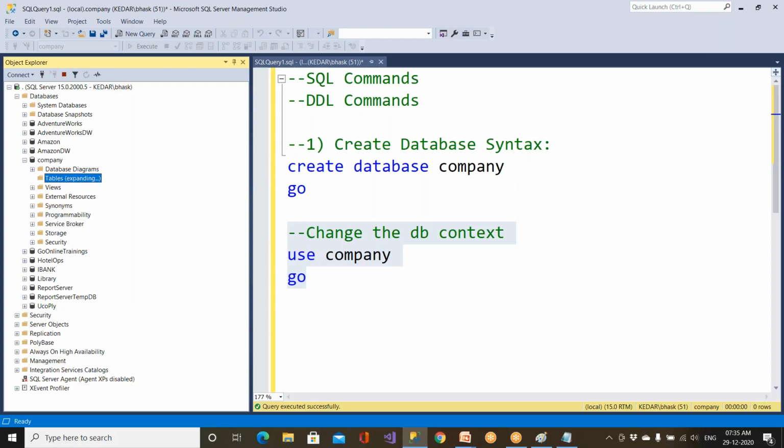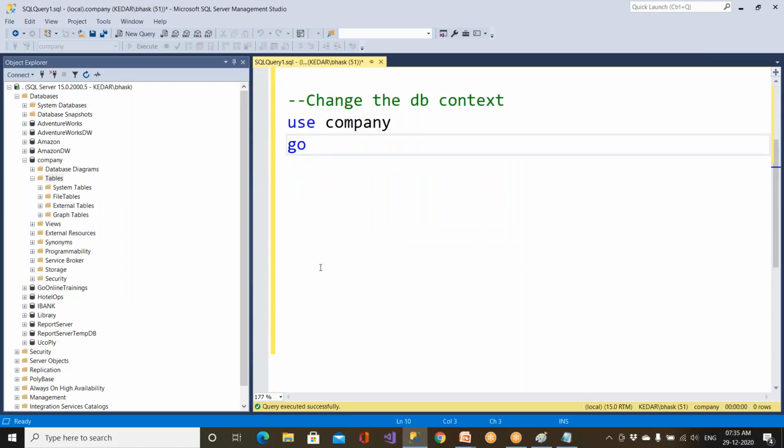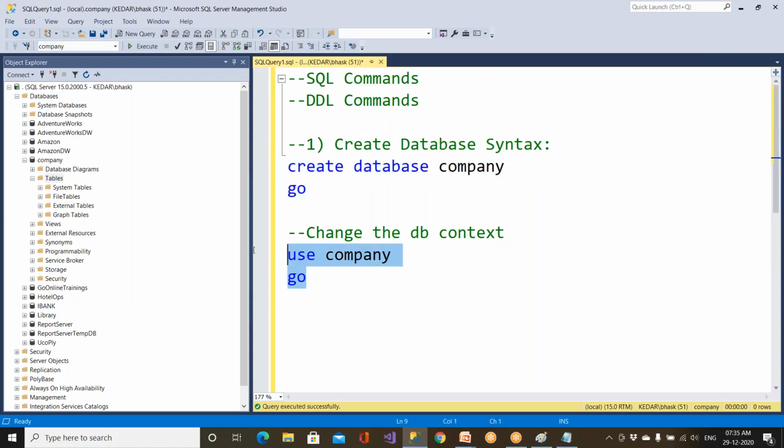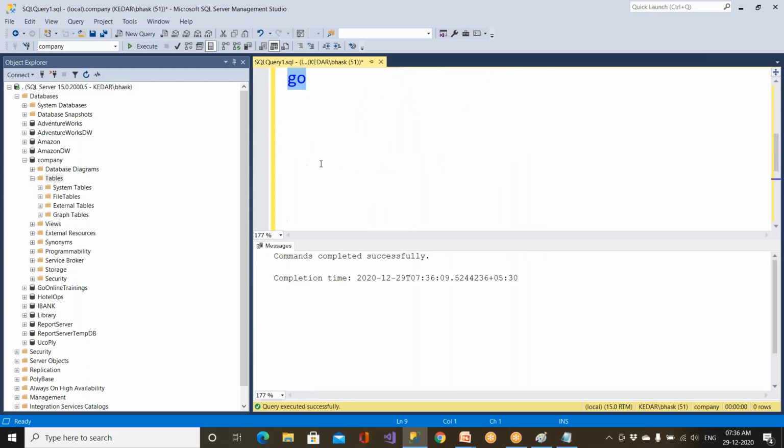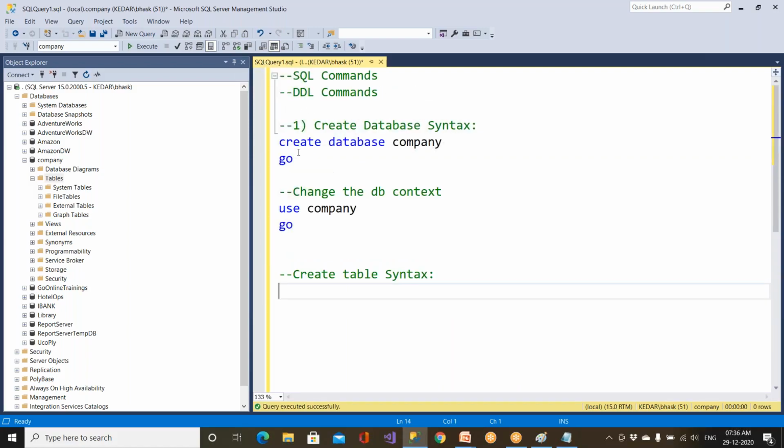I don't have any tables. Now I want to create a table. So first command is this, second command is this. Clear? So you will be pointing to this. If you don't want to write a command, you can simply go and select your database. That is also fine. But I don't want to use it like this. Simply I can write it and go to my database like this. Clear? So after that, I want to create a table. Syntax. How can we create a table? It's very, very important. The syntax is create.